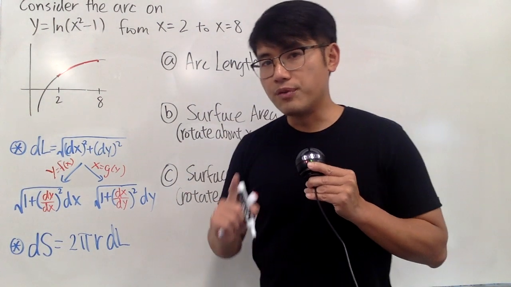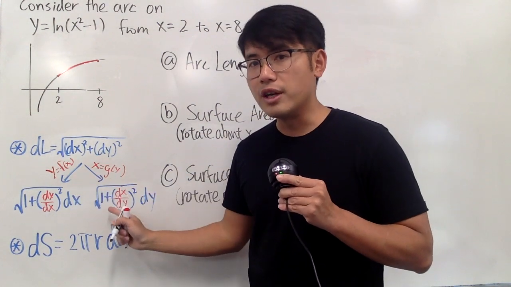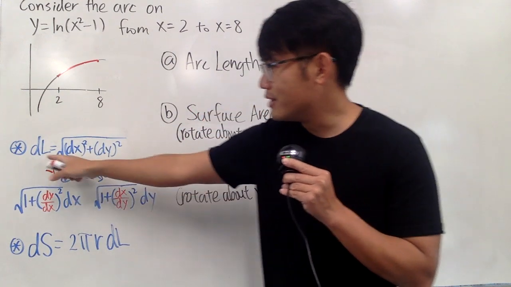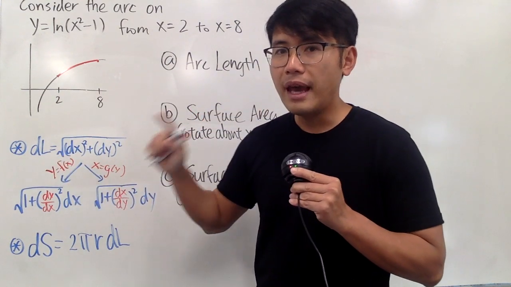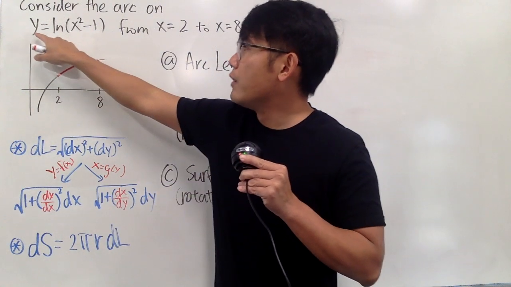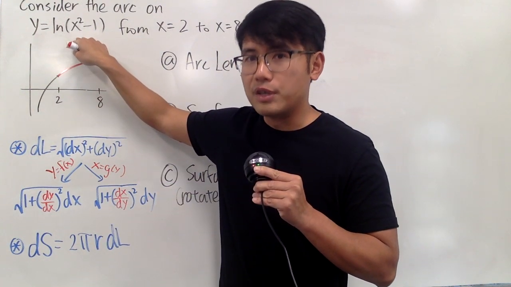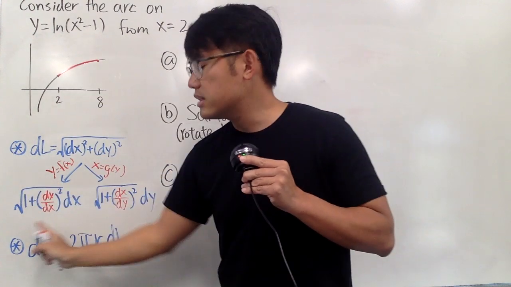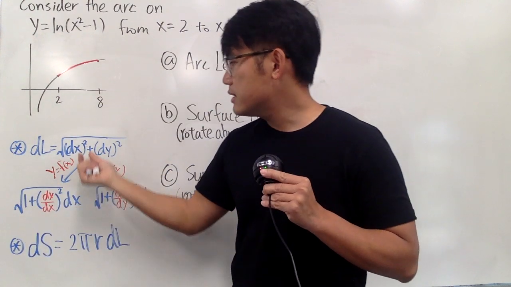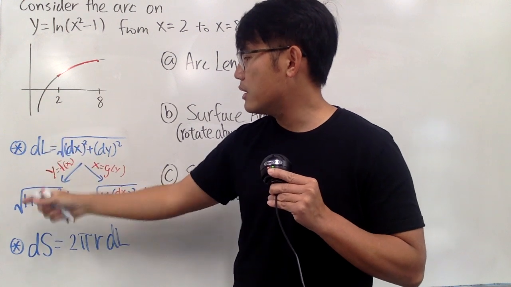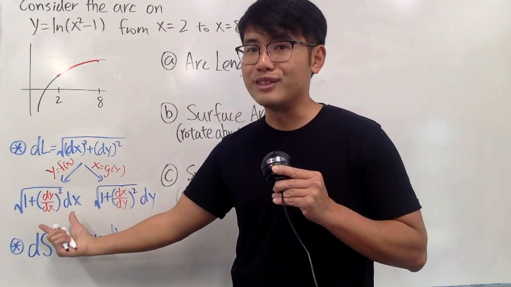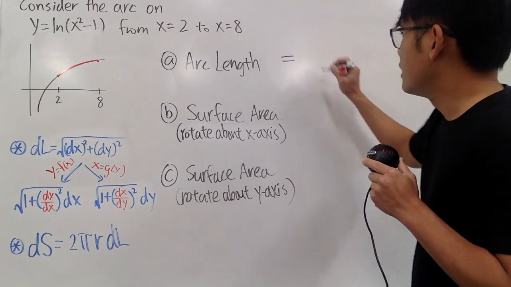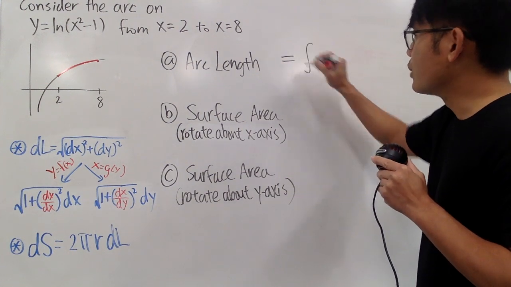Well, for the arc length formula, as you can see, we have two versions. This right here is just a small change amount in the arc. So I call this the dl. And it depends on if we have y as a function of x or x as a function of y. In our case, we have y as a function of x, so we'll use this version for it. Notice I just have to factor out the dx squared and then do some algebra, and we can end up with this side, right? So here we have the square root, but let me put on the integral first,